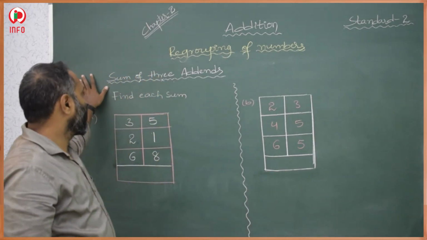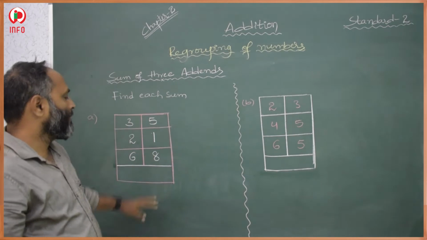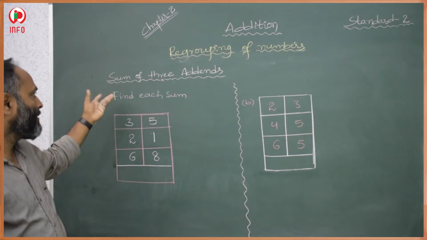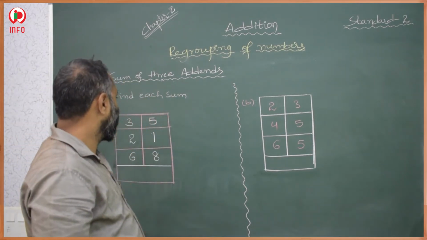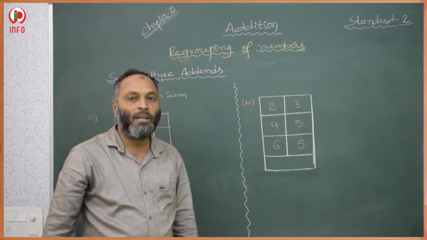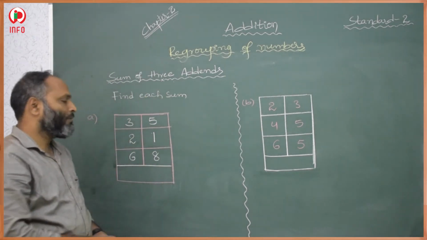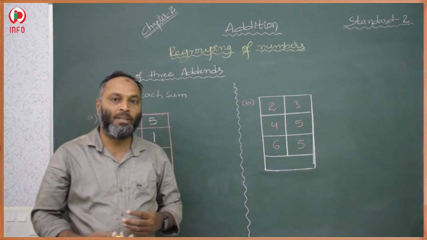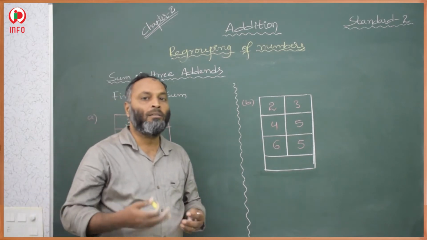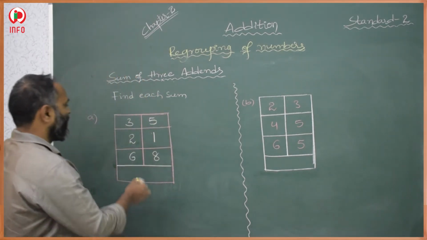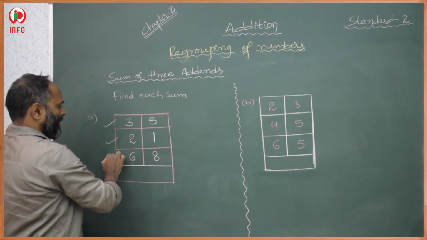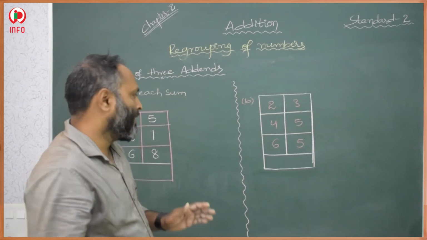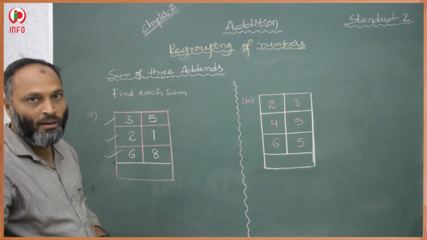Now we are going to add the sums. Find the sum of the digits. So we are going to discuss addition. We know two-digit numbers. In these two-digit numbers, we are going to discuss the sum and how to take carry. If carry sums are there, then how to take carry and how to solve these types of questions. First, here 1, 2 and 3: three addends were given. How to add these three addends and how to find the sum.